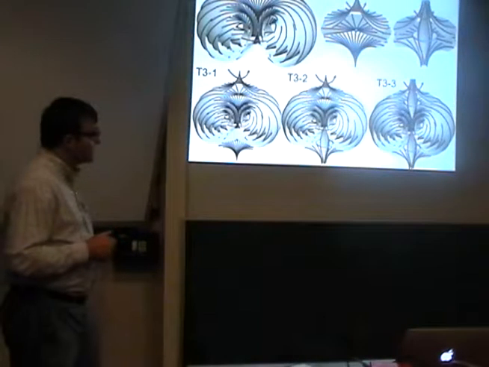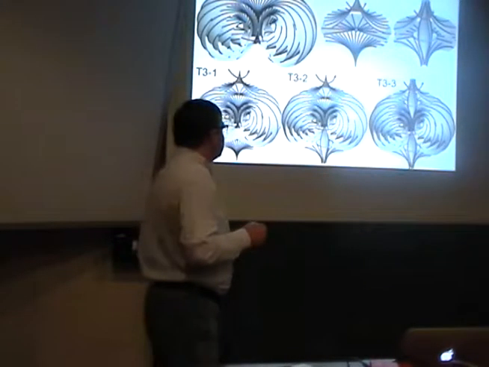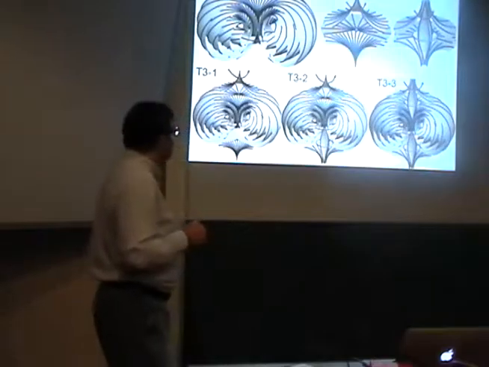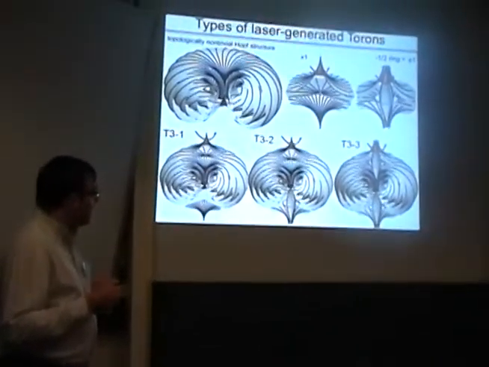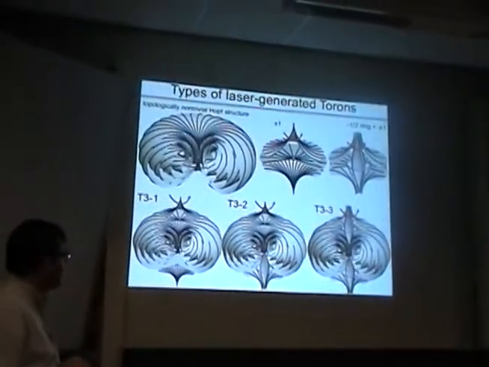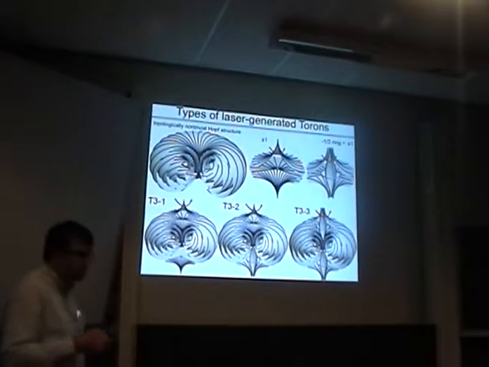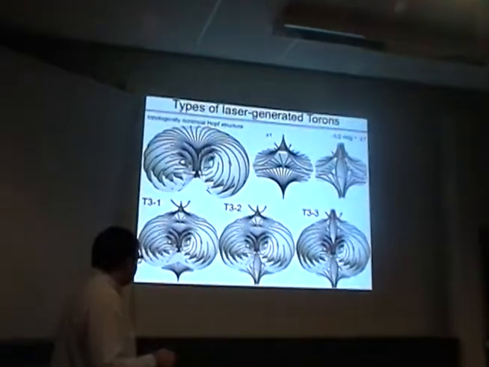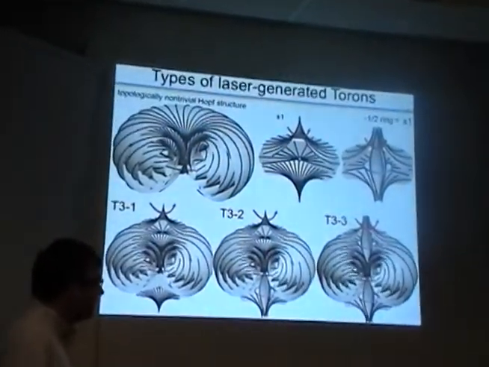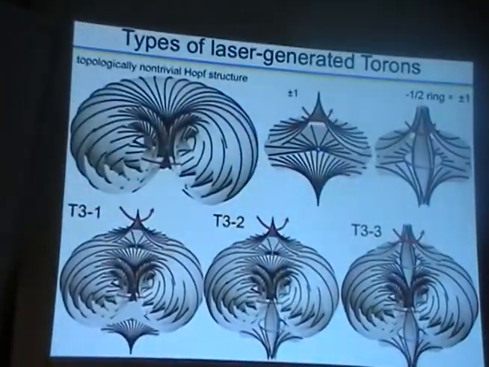One of the structures we discussed last time was the structure we call torons, or Hopfions, which can be accompanied by different types of topological defects, either point defects or little half-integer disclination